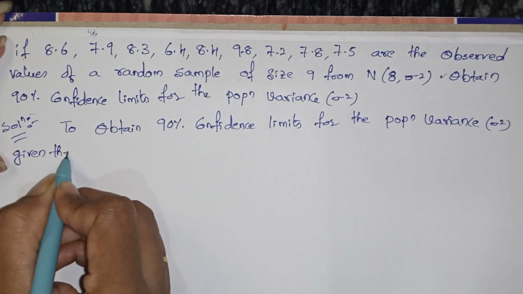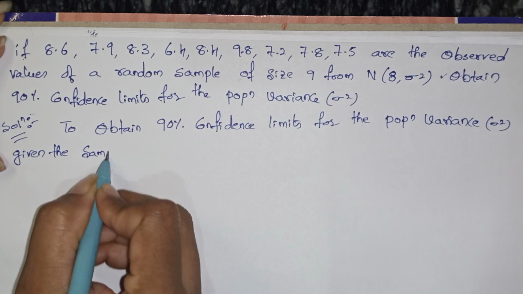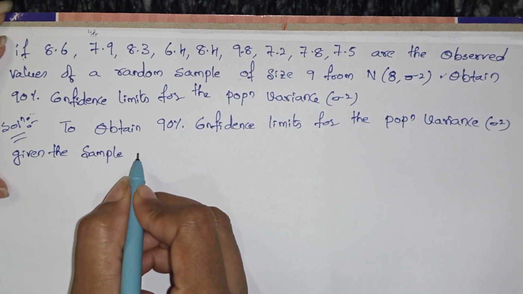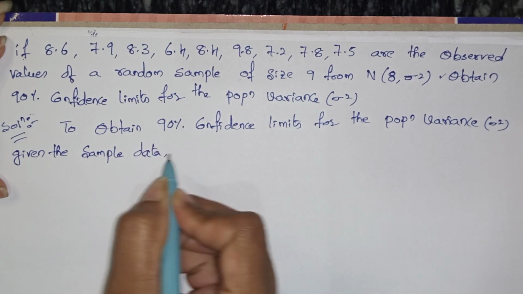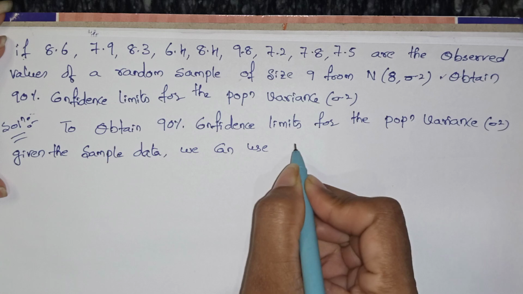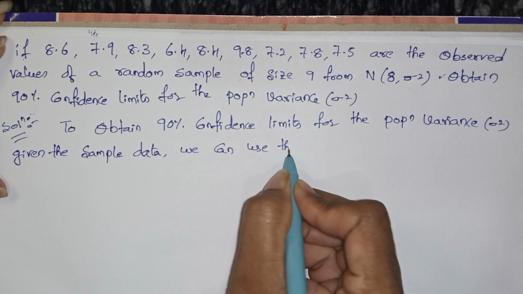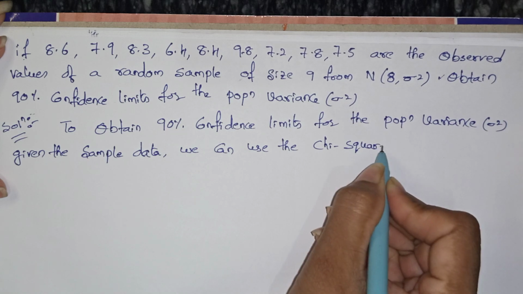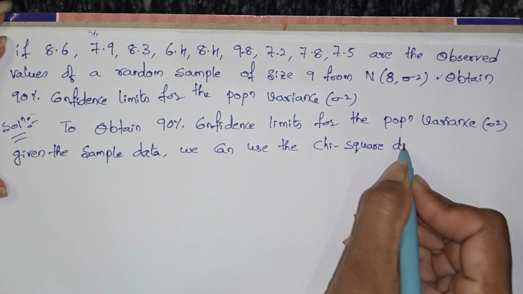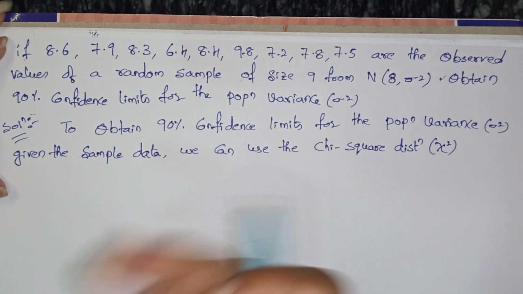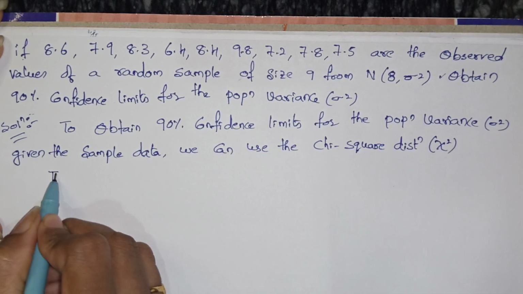They have given us sample data, and they are asking us to find the confidence limits of the population variance. With sample data, we can use the chi-square distribution. So the formula is